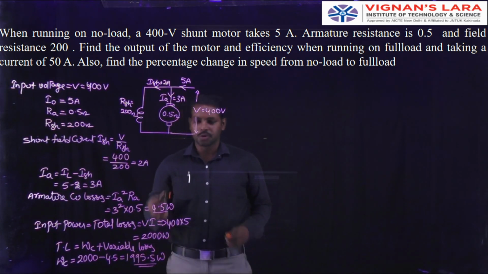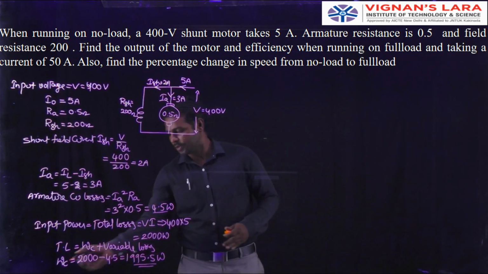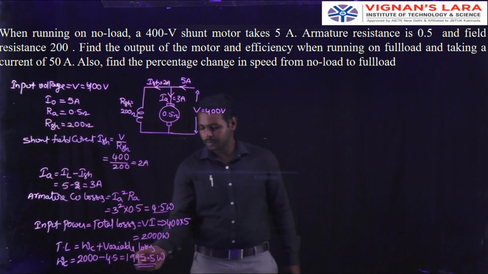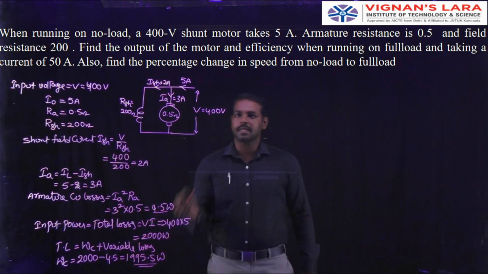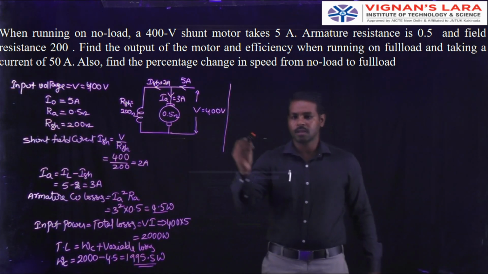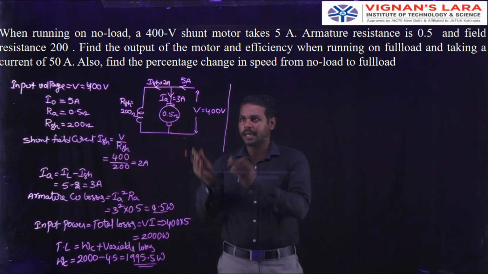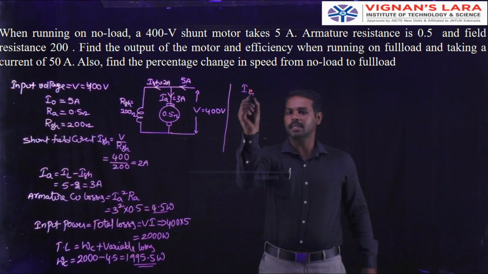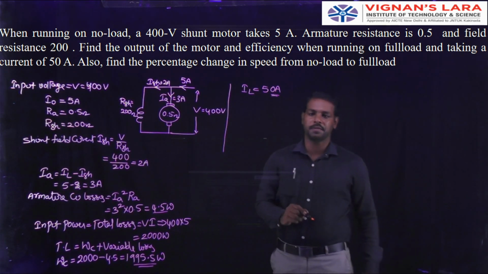1995.5 watts. Based on the Swinburne test, the constant losses in a motor are equal to WC, which is the input power or total losses minus armature copper losses. Based on these losses, we can find the efficiency of the motor. Whenever current is drawn from the supply on full load or any loaded condition, the armature or line current is 50 amperes. In this instance we can find the efficiency.